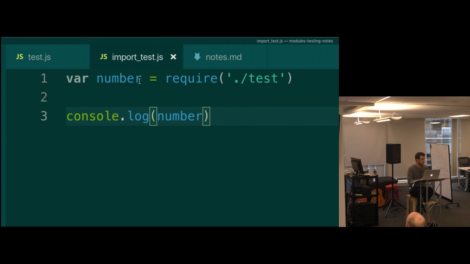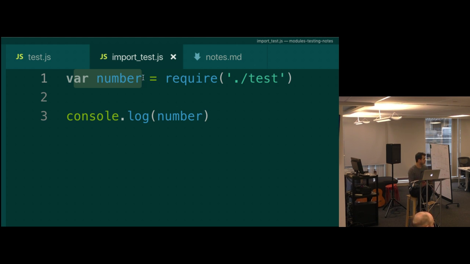And from this file here, I'm importing that test file. And so when you import, all of the exported values will get saved in the variable on the left. And this is what's going to allow us to bring in stuff from other files, to make these nice little modules that can be required in.